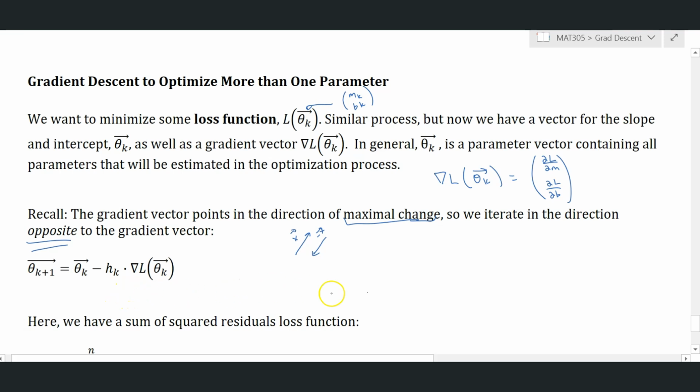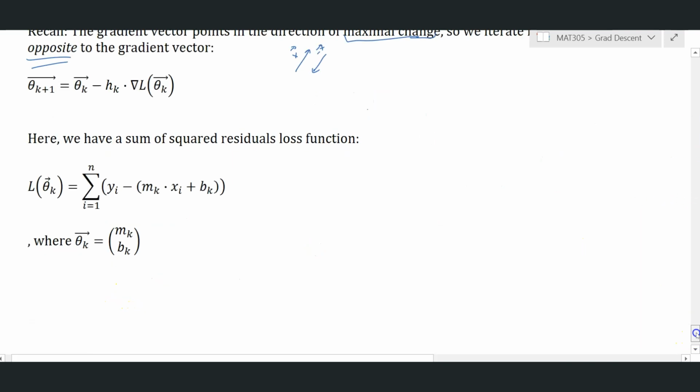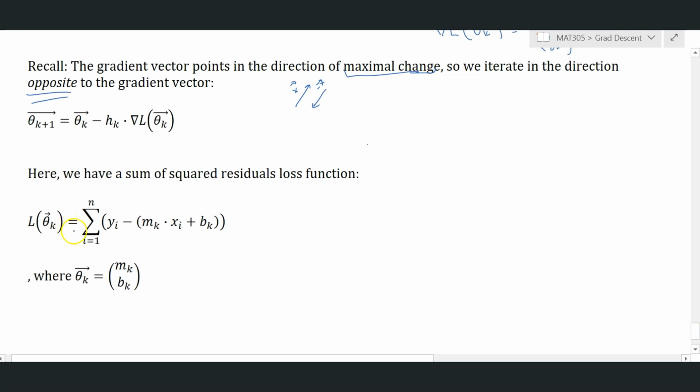So in order to do this, we are going to need to set up our loss function, which is going to look very similar. Don't be intimidated by this. This is just the actual y. And this right here is the predicted y from our regression equation with our current slope and our current intercept. Now I've also added this notation that this summation is going to sum up all of the yi minus the mk xi plus bk for each value of the slope and intercept,